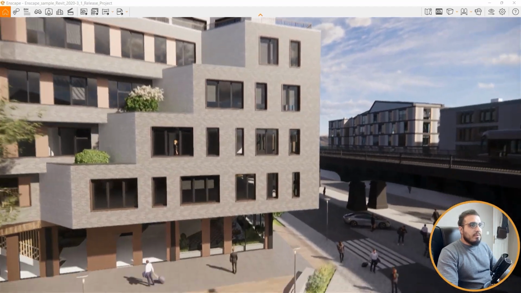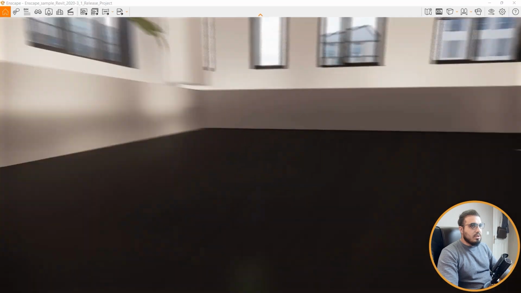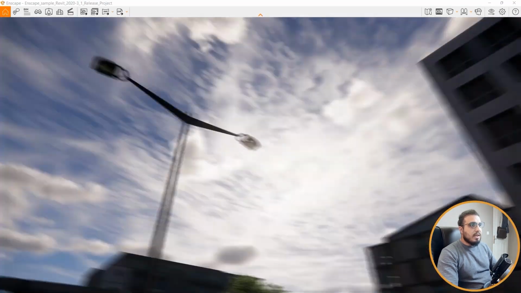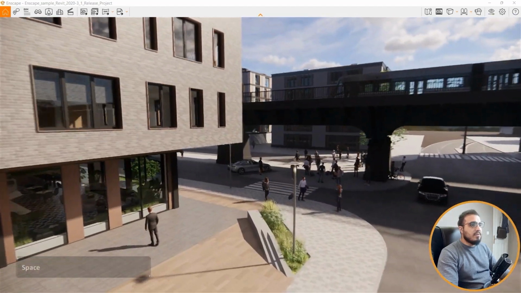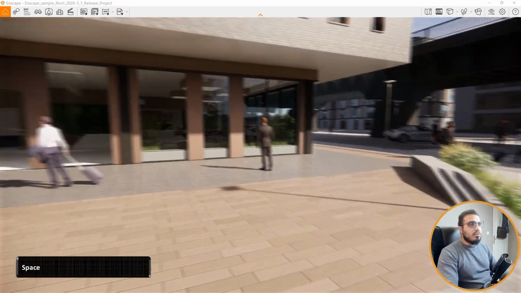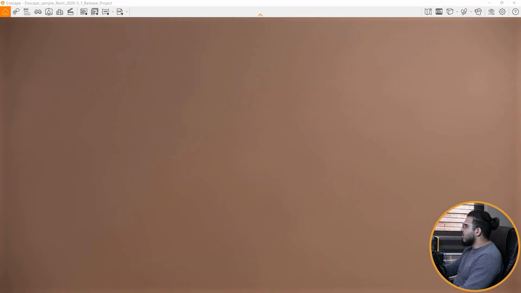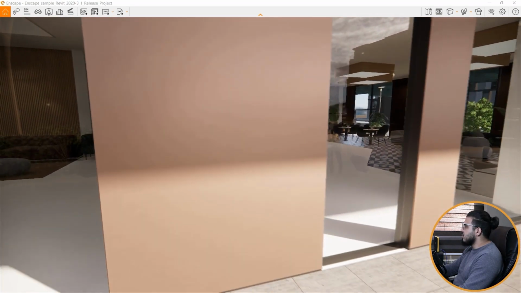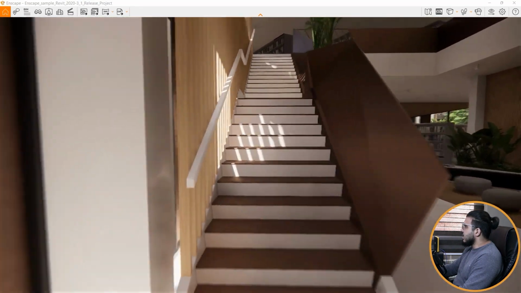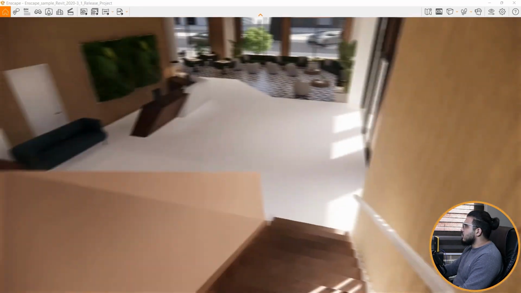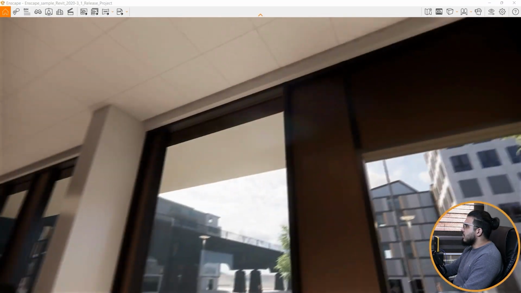But right now I'm in fly mode, which means you can go through the windows and walls, and this is kind of flying. But if you want to walk like a person, you just need to press the space once, and then you will switch to walk mode. And right now you can't go through the walls and it has occlusion. You need to go through the doors and stairs and other parts. If you want to return to the fly mode, just press the space again. Now I'm in fly mode.